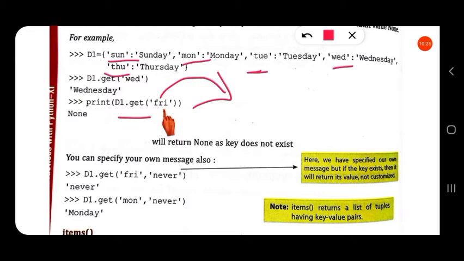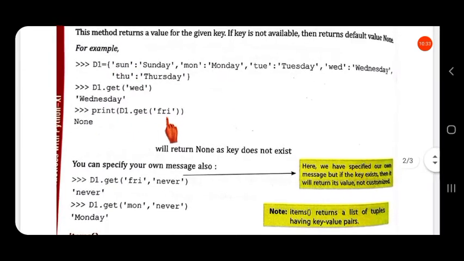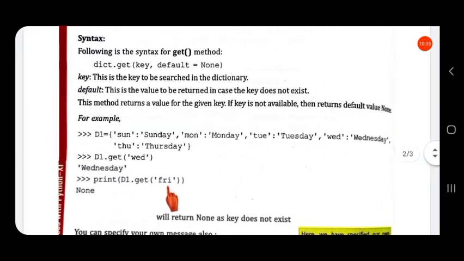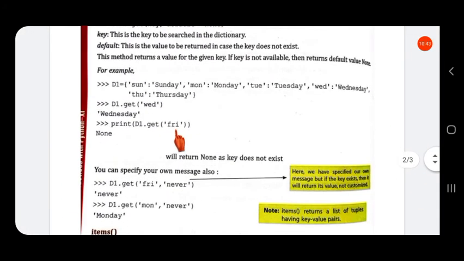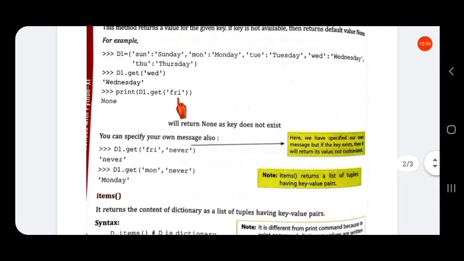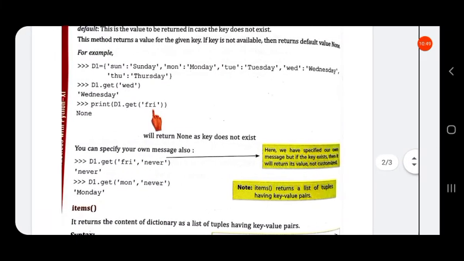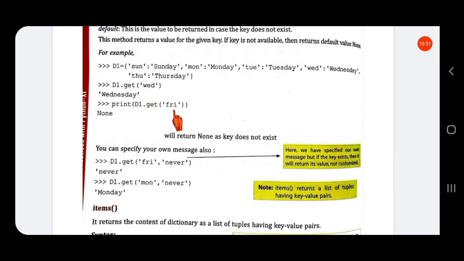So it will return the value given as default. Here by default we have given none, so it will return the output as none.